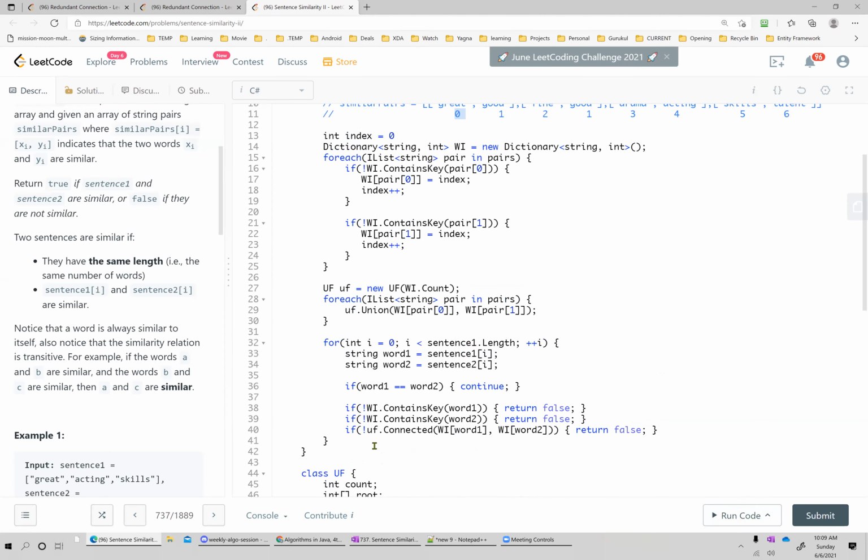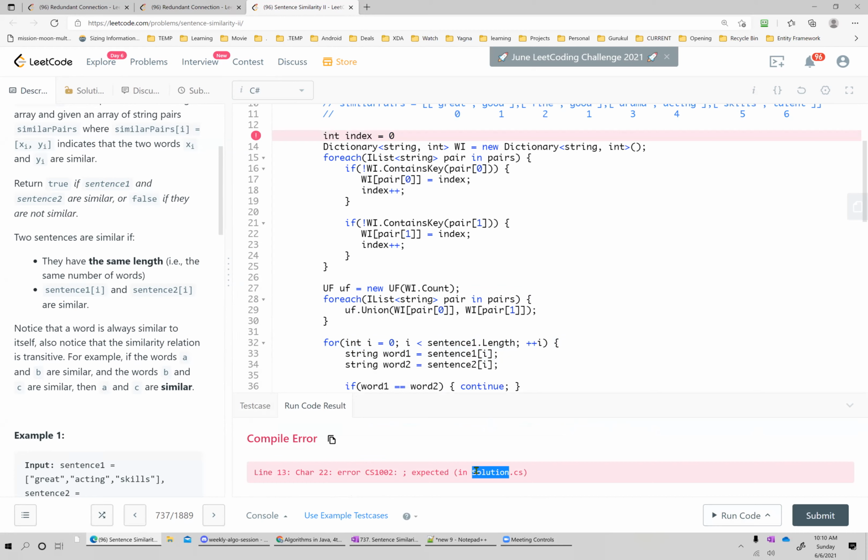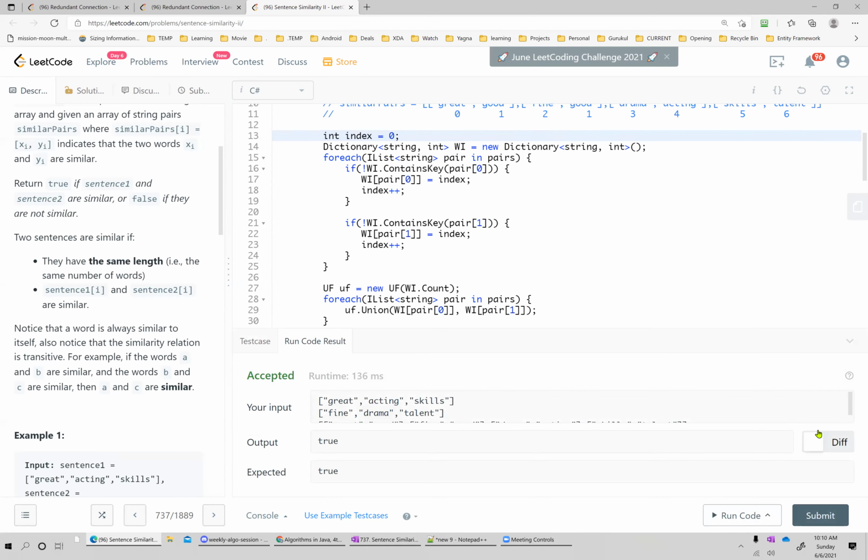Otherwise, return true, right? That is the main thing, otherwise it will fail. So basically, if everything is passed, then I want to return true. I have found all the words in the dictionary and all are similar. So I'm not returning anything in this for loop. Then at the end, if I come out of this comparison, I say that everything looks great, everything is similar, right? Let's run this code and see. Okay, let's submit.